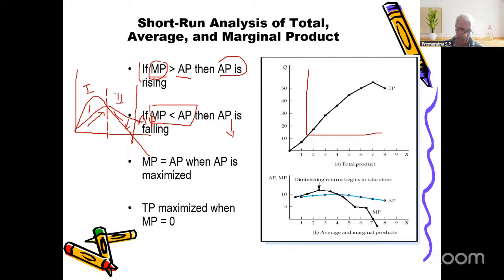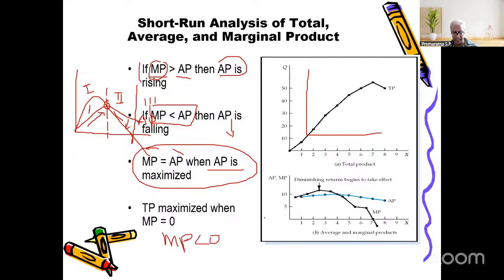I'll come to that point quickly. And at the end, you can see at this boundary here, the marginal product equals average product. There the average product comes to the maximum point. So in the third stage, the marginal product becomes negative. That's what we consider as the third stage.